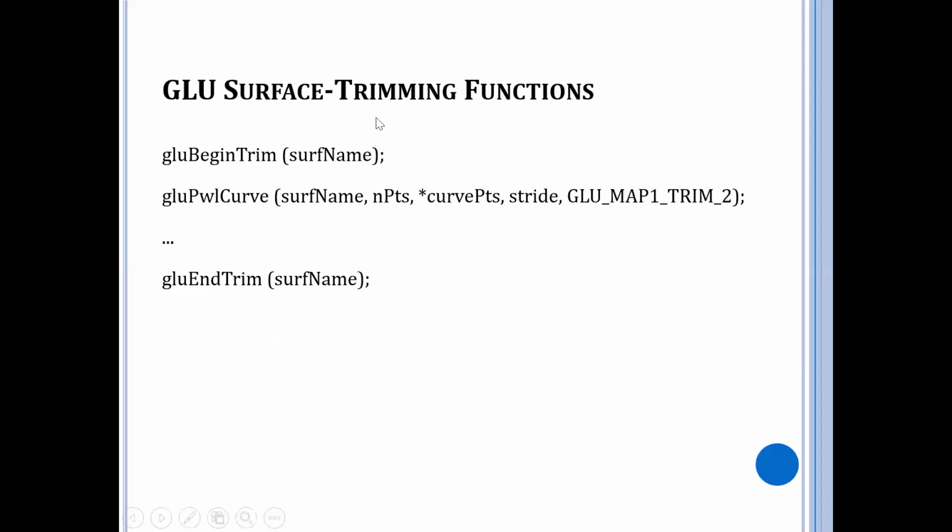Lastly, we have the surface trimming function. A set of one or two dimensional trimming curves is specified for a B-spline surface with the following statements: begin, end, and the PWL curve. The parameter surface name is the name of the B-spline surface that is to be trimmed.